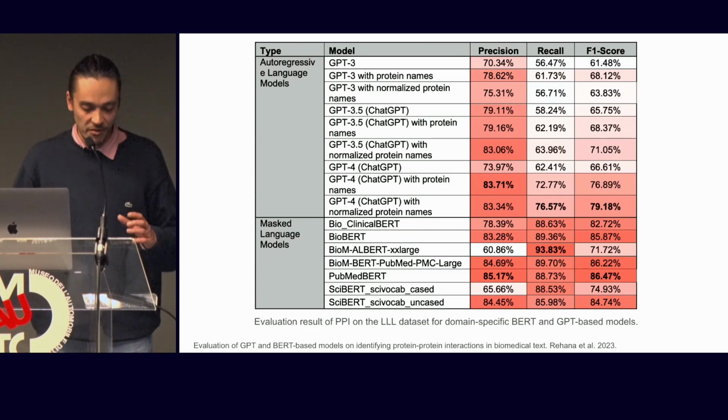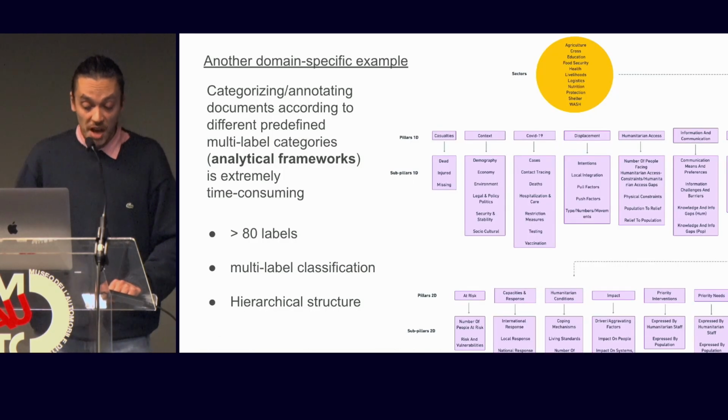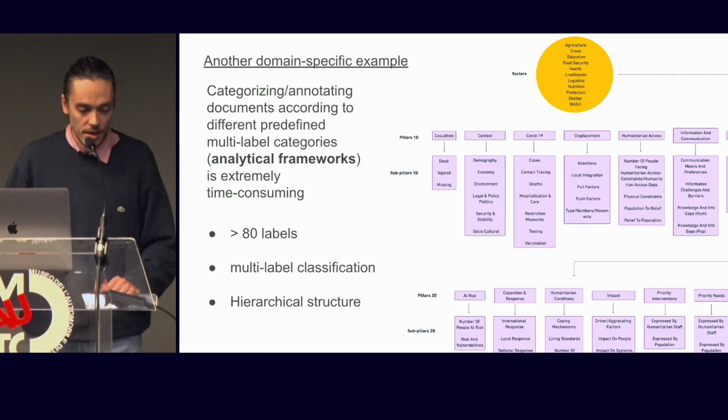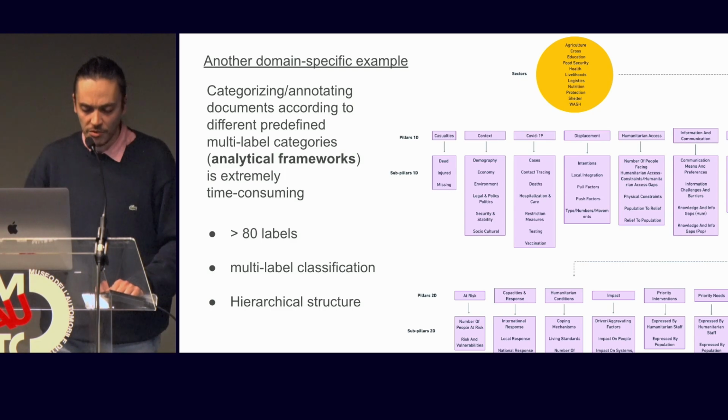Is a field of science where NLP is used a lot, where we can see that the open source fine-tuning of BERT model is still competitive, is better than GPT 3.5 and GPT-4. And here, an example from my use case in the humanitarian sector, where a lot of predictive tasks are needed in the sense of analyzing documents and classifying documents with respect to some humanitarian analytical frameworks